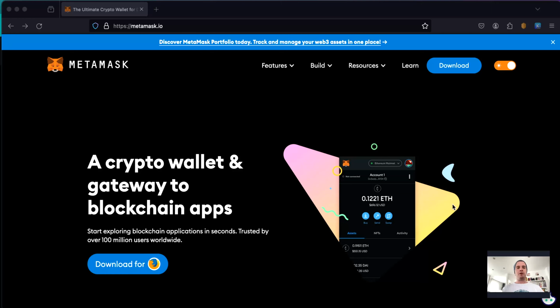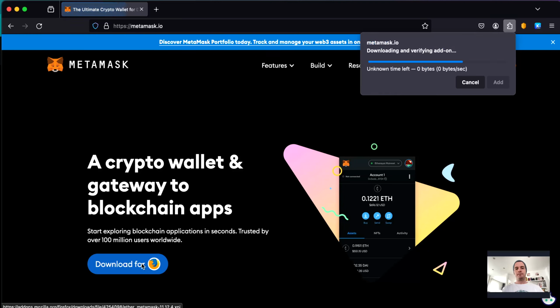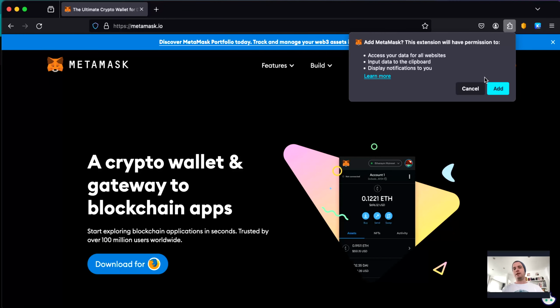Okay, so the first thing we're going to do is navigate. You can navigate to metamask.io because that's the wallet we're going to be working with today, and we're going to download this, in particular, for Firefox. Okay, so I'm going to hit download. It's going to download, and I'm going to continue to the installation,